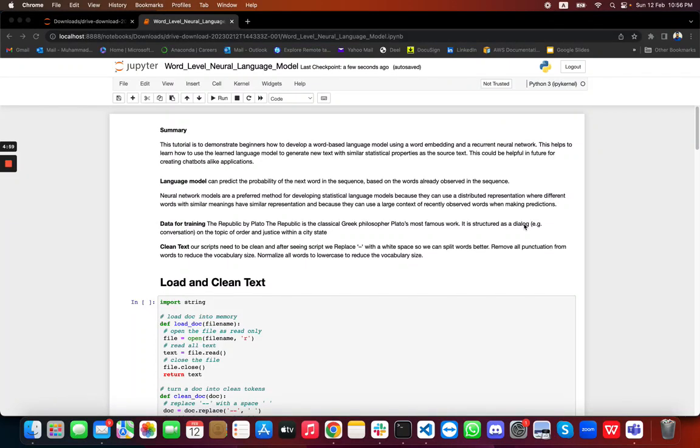Hello guys, so today I'm available with a new tutorial, and this tutorial is to demonstrate how we can develop a word-based language model using a word embedding and a recurrent neural network. So this basically is a project that helps us understand how to use a learned language model to generate new text with similar statistical properties as the source text, and this could actually be helpful in future to create chatbots